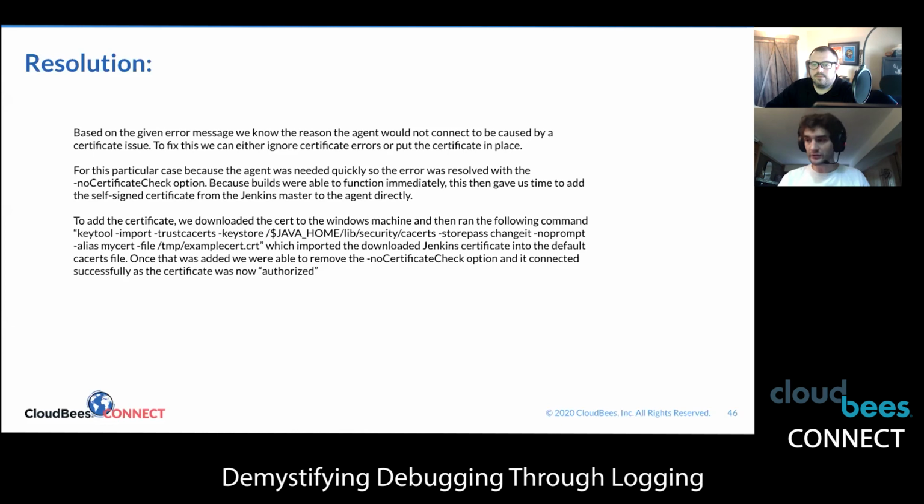For this particular scenario, the customer had to get this agent back online and functional as quickly as possible because they had to do builds today, production level builds. So what we did was we enabled the no certificate check option initially. And then we were able to add the certificate with a keytool